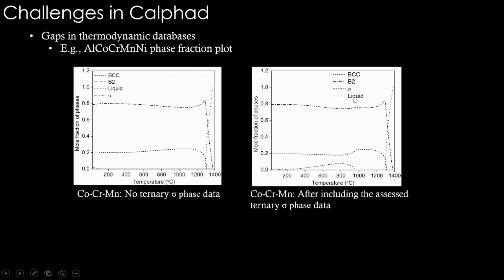And on this side, we have this sigma phase coming. You can see here, sigma phase appearing here. Okay. So this is about 10% sigma, 0.1 mole fraction of phase. Sigma being an embrittling phase, if you don't get this correctly, then we may end up choosing this alloy as a nice BCC plus B2 alloy, and possibly we'll think that it will give good strength and ductility, and whatever we concluded based on the CALPHAD phase diagram will not work out in reality. Okay, these kinds of better databases are required now.